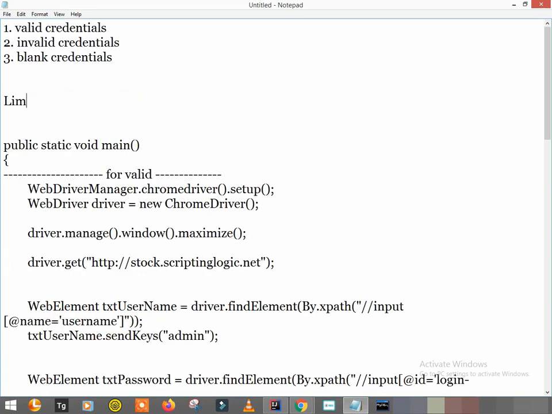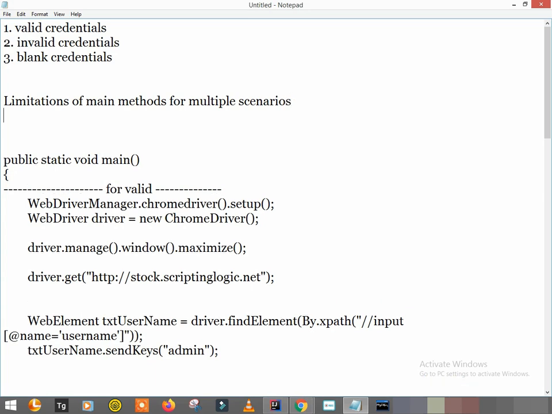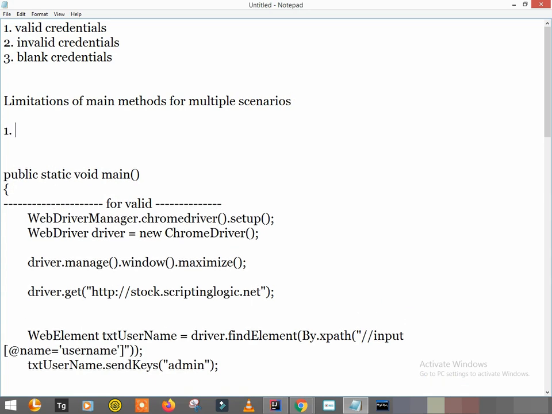So, limitations of main methods for multiple scenarios. Okay, so one limitation I have just told, right?